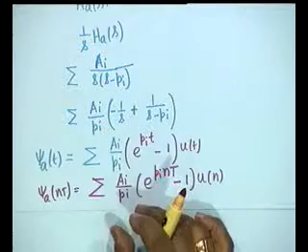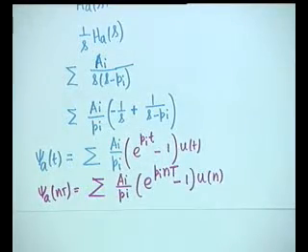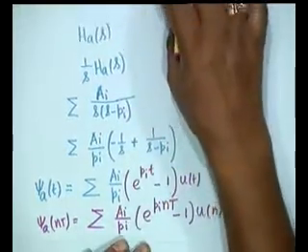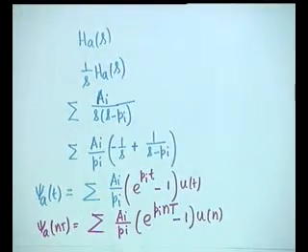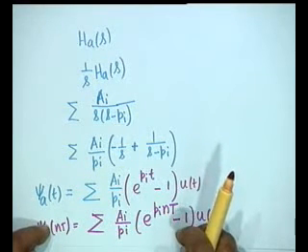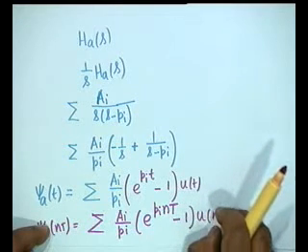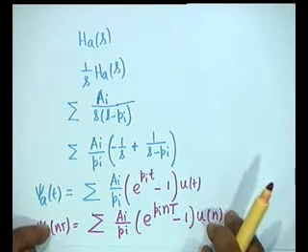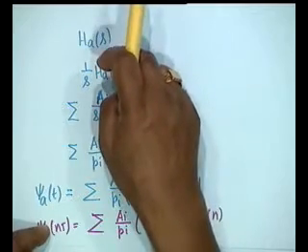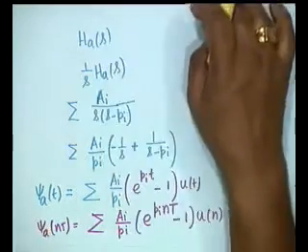This is the step response of the filter derived from an analog filter HA of S. We want to see whether this matches the unit step response of the digital filter that we derived from impulse invariance. Okay. From impulse invariance, what was our digital filter? Our digital filter was